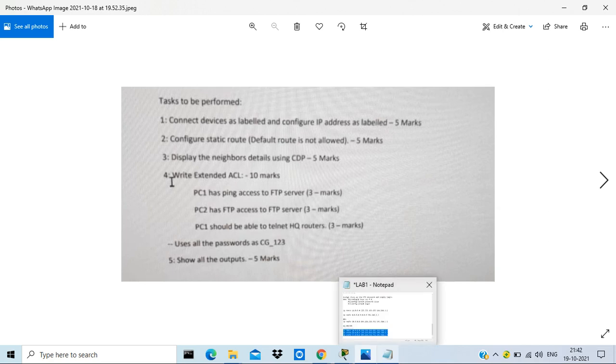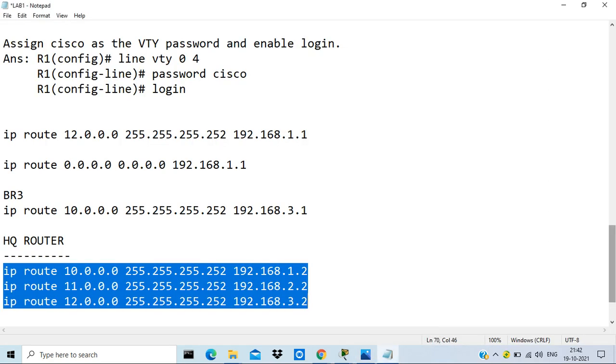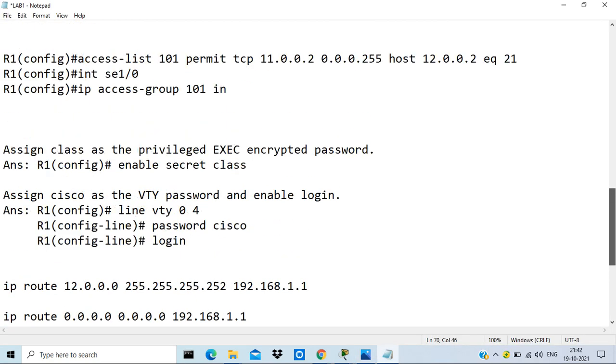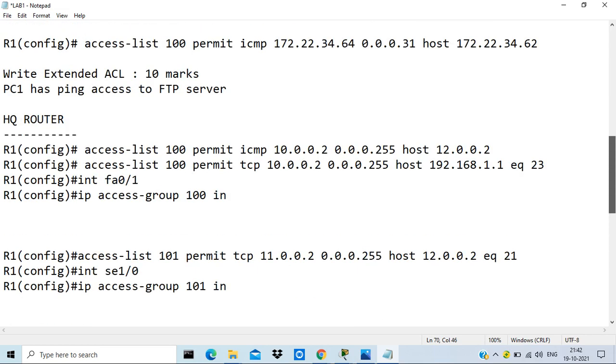So let me first discuss. Only two commands are needed here. In the headquarter router, head office router, we need to add an access list. I have given the number 100. You can start with 110, 111 as per your choice.